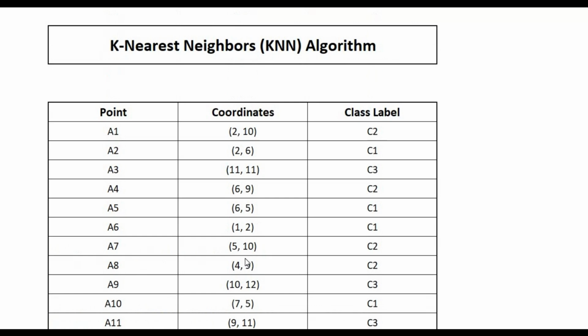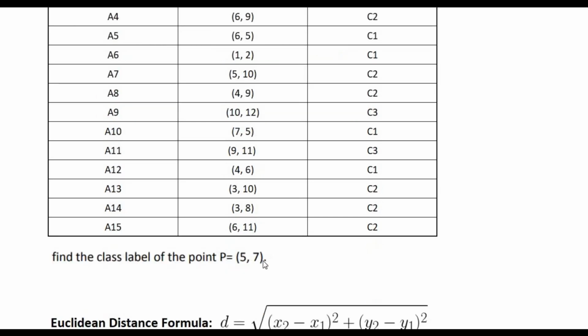The coordinate means the data has two variables x and y. You can be given the data as a set of coordinates or in the form of x and y in separate columns, so don't worry. So the data point P57 is given and we have to find out its class label using the KNN classification algorithm, which predicts after analyzing its neighbors.